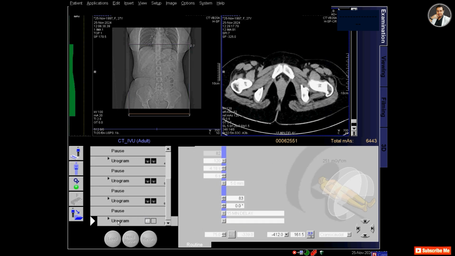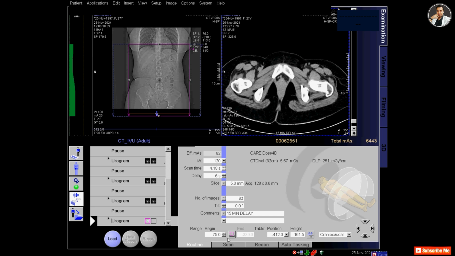And now I will repeat the urogram scan again after, I think it's 30 minutes. Sorry, after 20 minutes I will repeat this scan to see how the contrast is visible in the ureter.